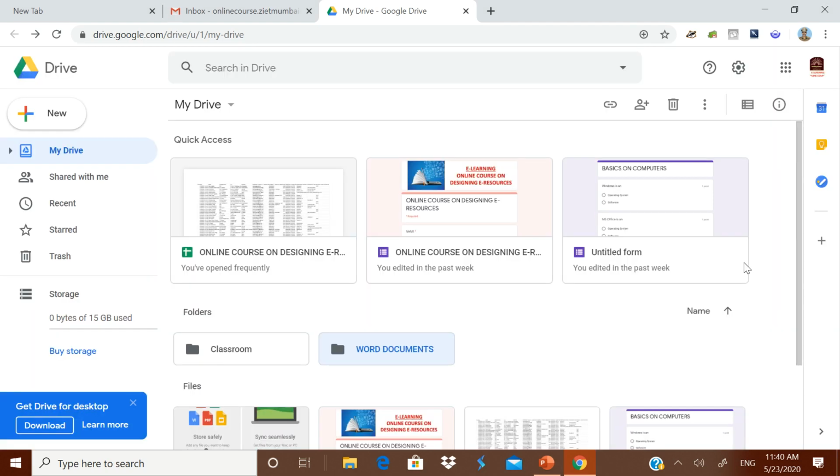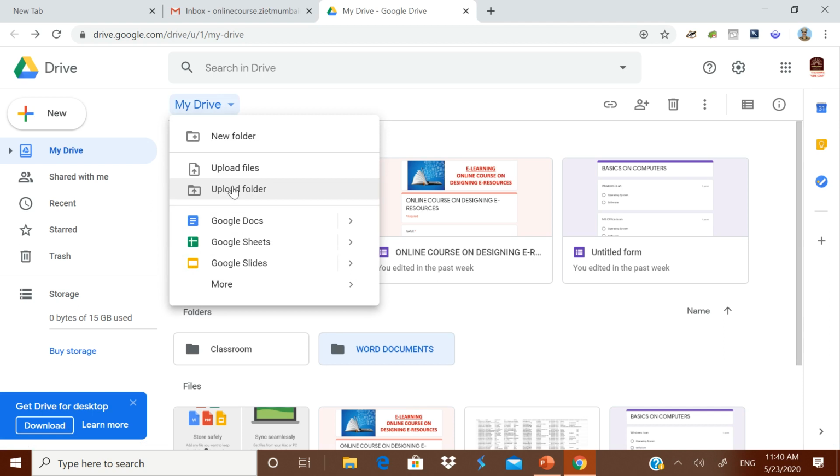Okay. Now another thing is that you are seeing here, get Drive for desktop. What is the meaning of it? Suppose if you download it and load it here, it is called synchronization. What is the meaning of synchronizing? What you have seen over here is that I have taken my drive and then I went to upload file, upload folder, everything I did. Suppose if you synchronize it, what really happens is, if you do any work on the desktop, suppose you put one folder in the desktop, if your computer is connected with the internet, that folder will get automatically uploaded.